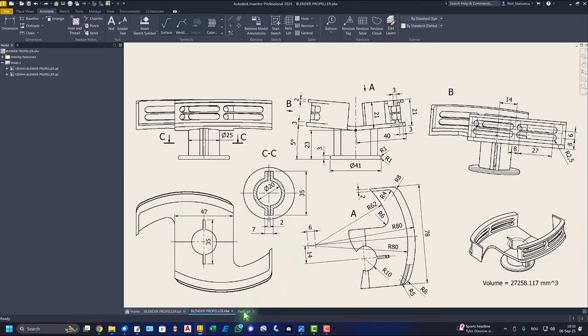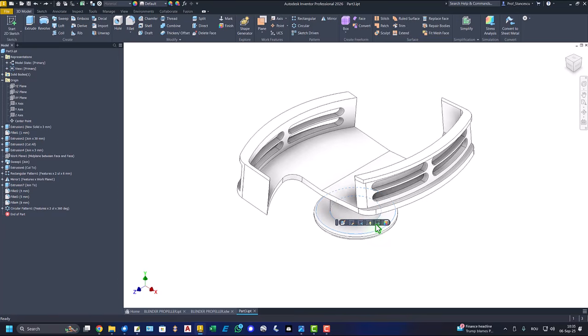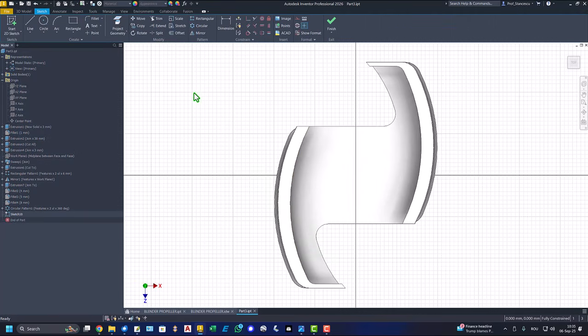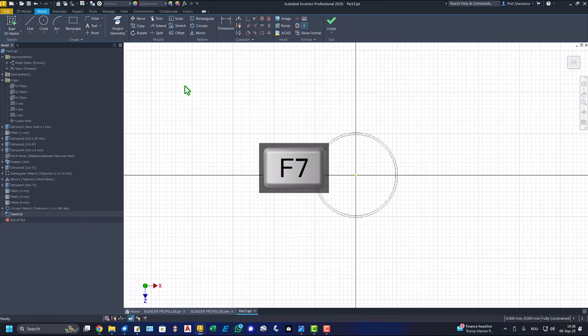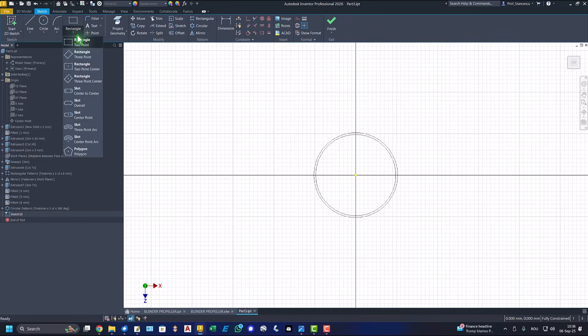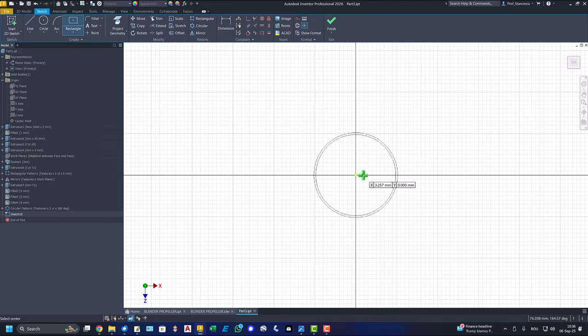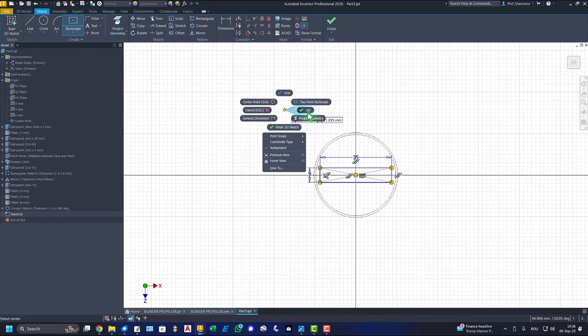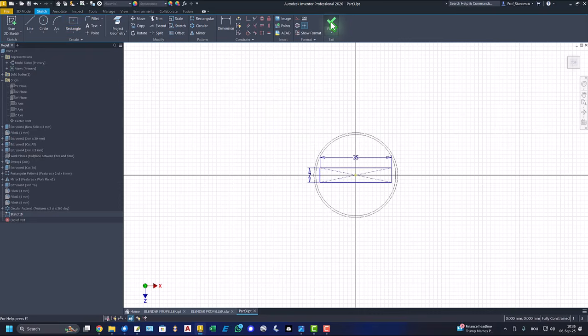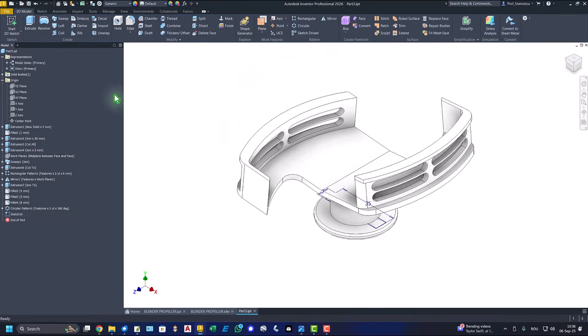Let's do this. We select this face for a new sketch, F7, then a rectangle with center, 2-point center. This is the center, and this is the rectangle. 35 tab 7. Okay, fully constrained sketch, finish, extrude,